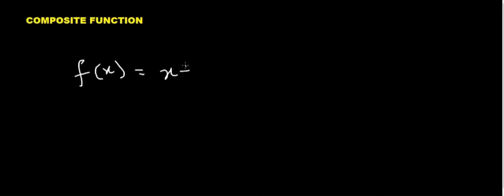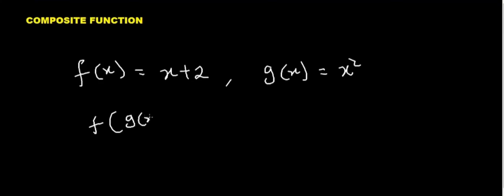equals x plus 2. Suppose we have a function like this and we're given g(x), that's another function, x squared, and you have to get f in composition with g(x). What this simply implies is that this x is replaced by g(x). That means this g(x) is occupying the position of x, and that will also apply to the function itself. So instead of writing that x, we are going to write g(x) plus 2,